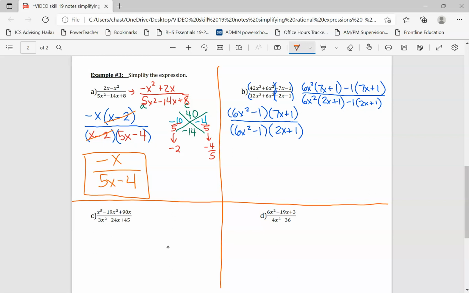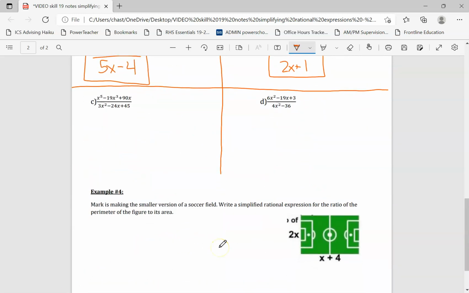Okay, so now that I've done that, I can see that my 6x squared minus 1s cancel out, so I get 7x plus 1 on top, 2x plus 1 on the bottom. And there you go. All right, next one. Looking at the numerator, I see a GCF of x, and then I get x to the